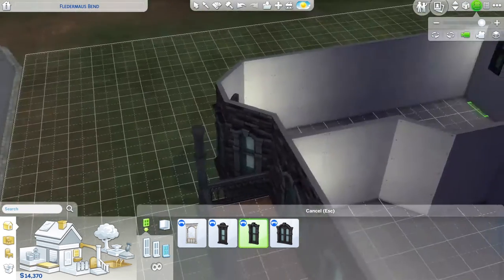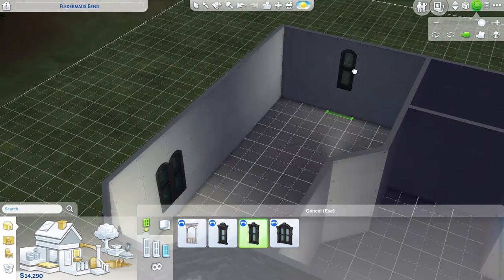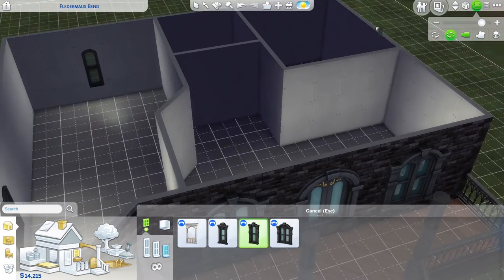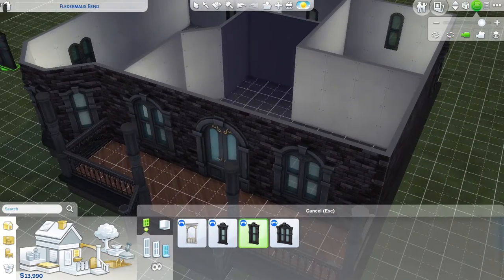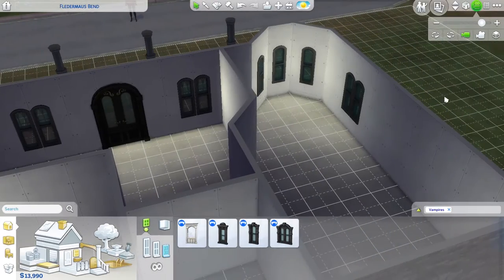Speed builds, I think, are a lot of fun just because you don't have to see me fiddling with everything. You can just see the fast-forwarded version of everything. So I was placing windows along the house now that I had more of a layout, but it was also hard because I wanted to put more windows into the bedroom, but she's a vampire, so that kind of defeats